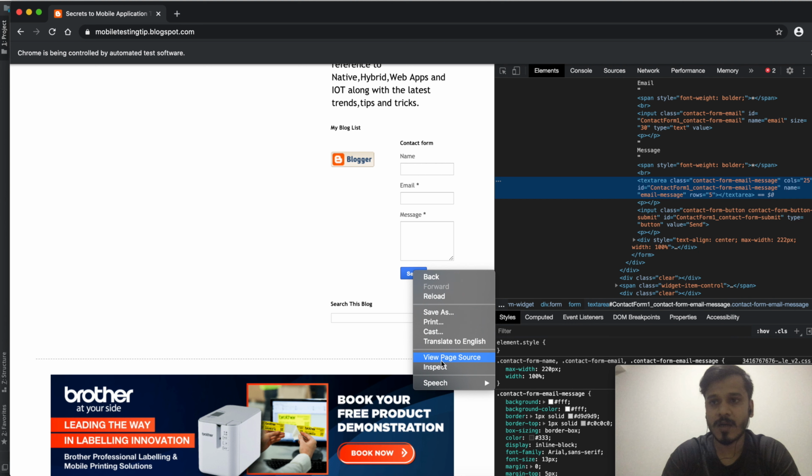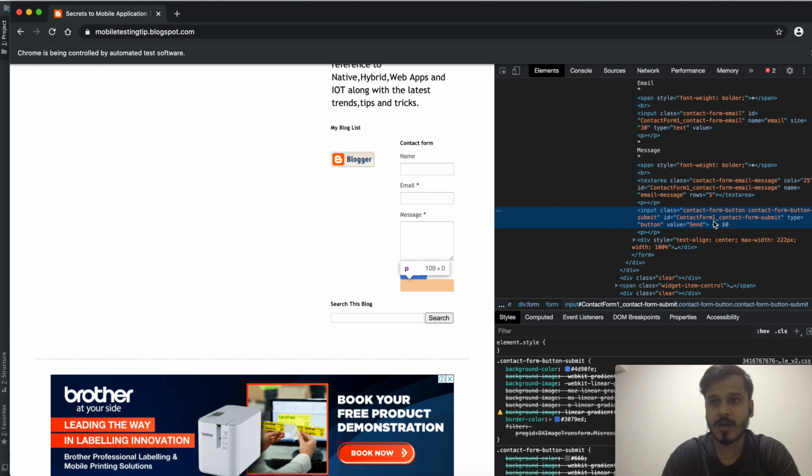So in order to tap on send button, I will just inspect it. I can use id and I can use class also, but class, since there can be any other button which is using class at class level, there can be the element which is coming first in that class, it will pick up that. So that's why we are not going to use class, but we can also use value and we can create one xpath in order to identify the element. But here let's just use id and let's see if I'm able to tap on this send button or not.